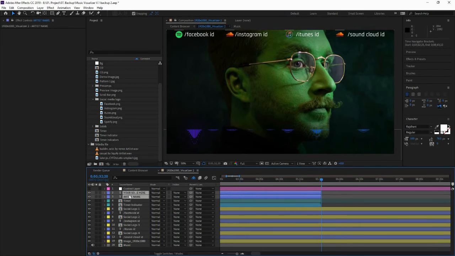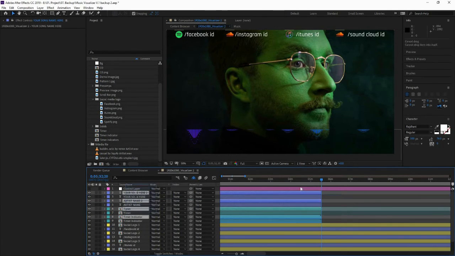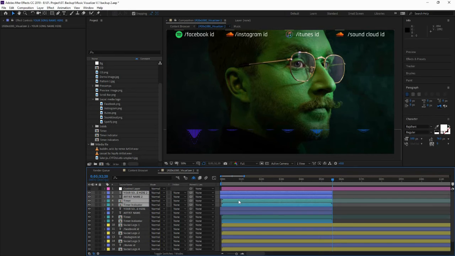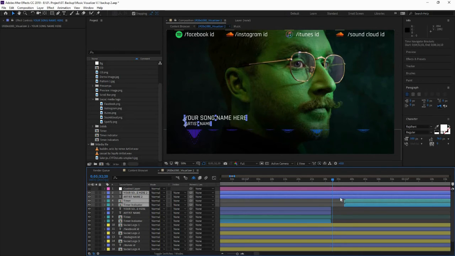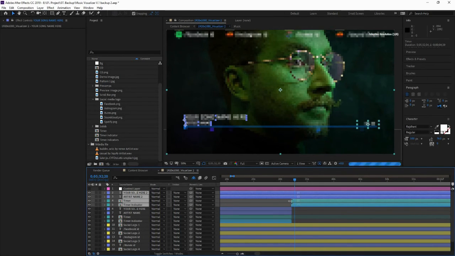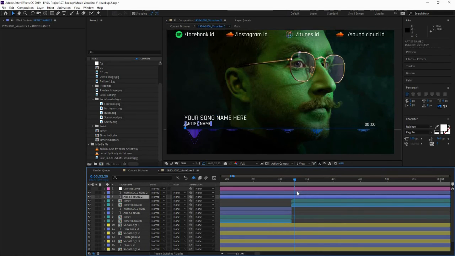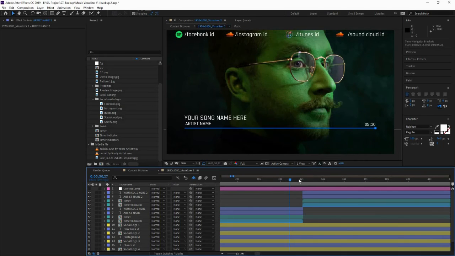So you need to duplicate these 4 layers over here. Control D to duplicate and just move them in one place and drag them like that, and make sure to set them like so, just after the first layer. Now this front text needs to be set up also. Now if I play back that,